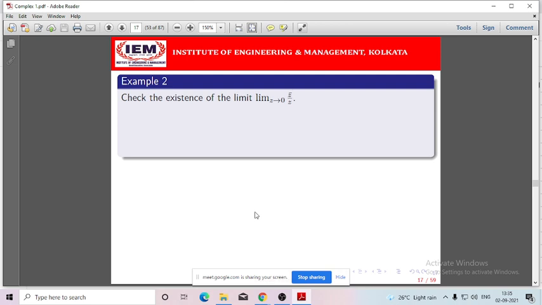Now, if we need to solve this kind of problem, that means you need to check the existence of the limit. I have told you that here the number of independent variables is 2. So in order to check the existence of the limit, we need to use the properties that we studied in the first semester, how to find the limit for a function of two real variables. The same thing you will be applying here, because you know that while we are trying to find the limit for a function of two variables,